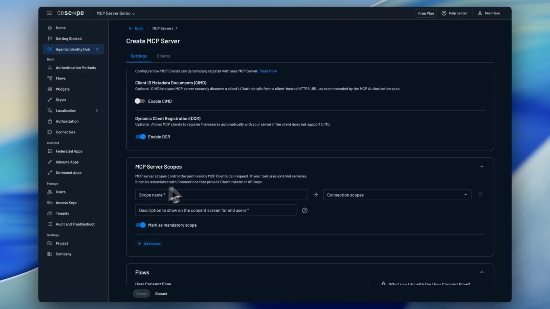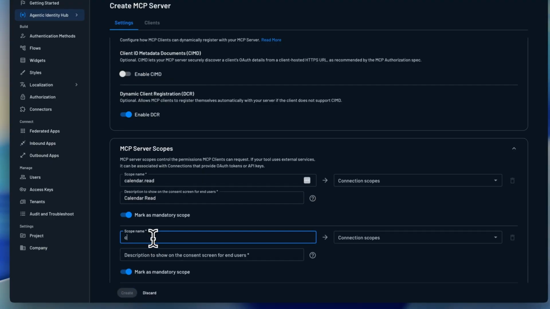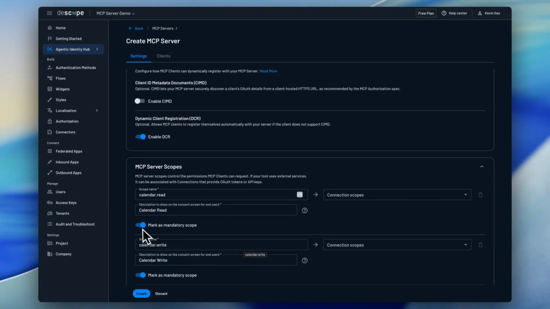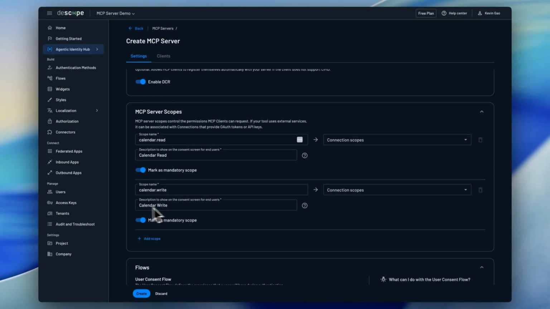Scrolling down, we can create MCP server scopes. These scopes define exactly what an agent is allowed to do, for example, reading data, writing data, or invoking specific tools. Typically, these scopes are at a tool level, and we can add scopes for a read tool as well as a write tool. So here we can have calendar write and calendar read. We can also mark these scopes as mandatory or optional. We can define a description to show on the consent screen for end users